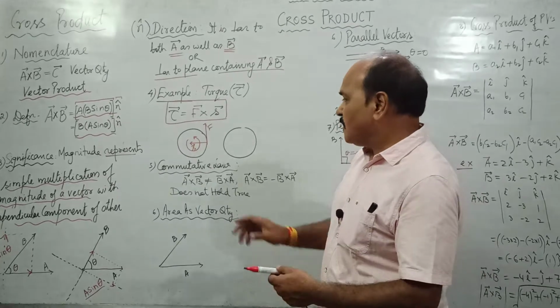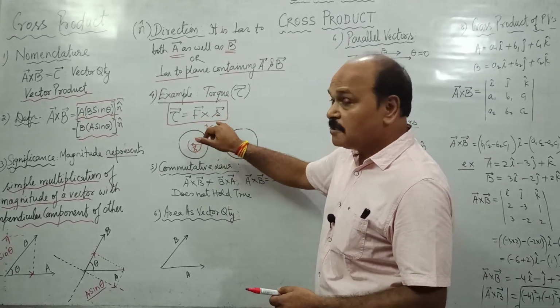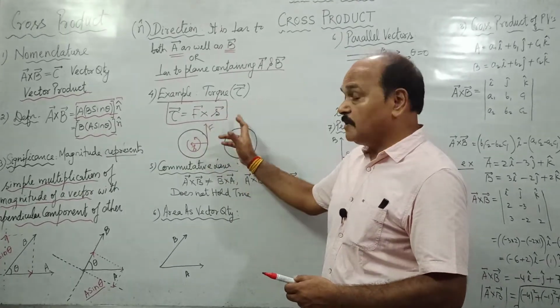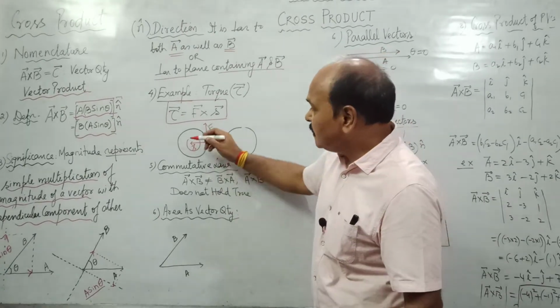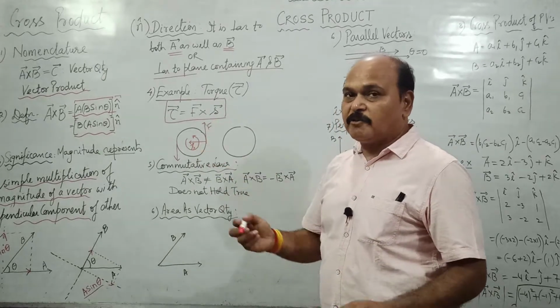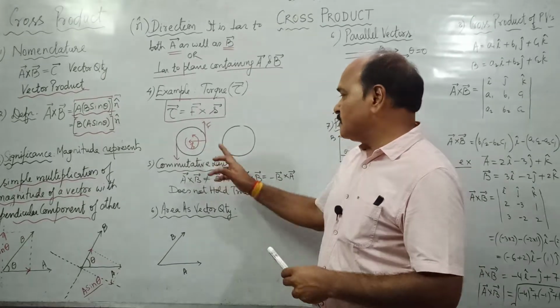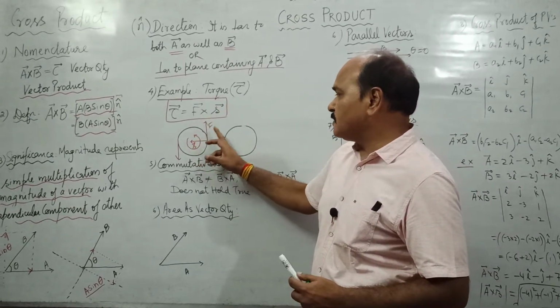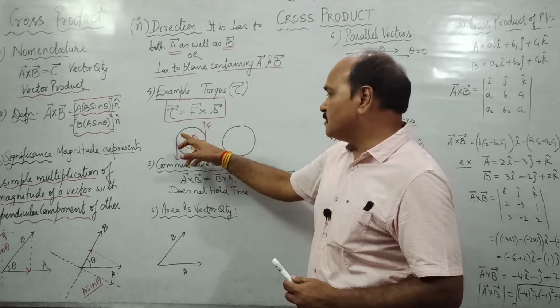As the screw rotates in the anti-clockwise direction when we apply force like this, we never apply a single force, we in fact apply a couple. We also apply a force here, so that increases the value of torque. Anyway, if this force is applied, this is the perpendicular distance, F cross S,